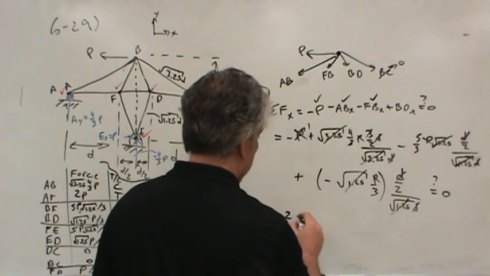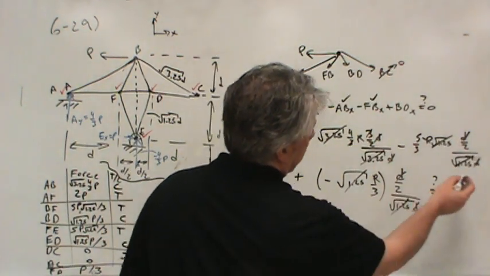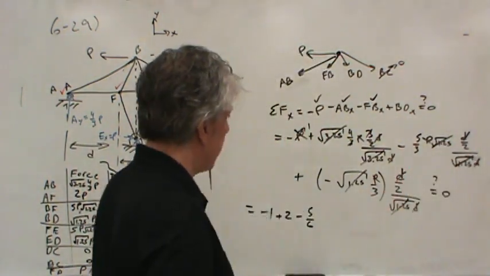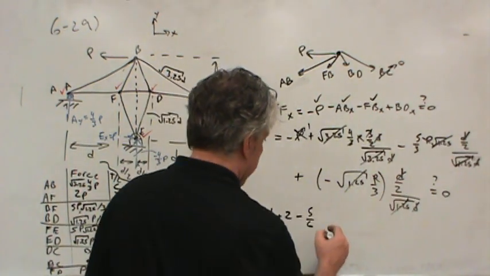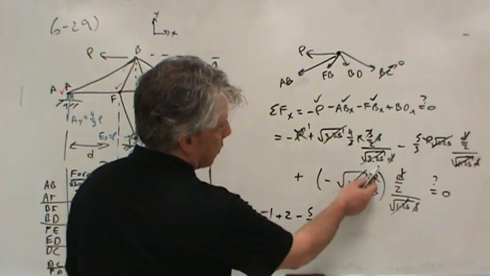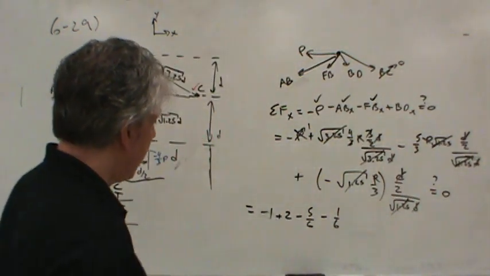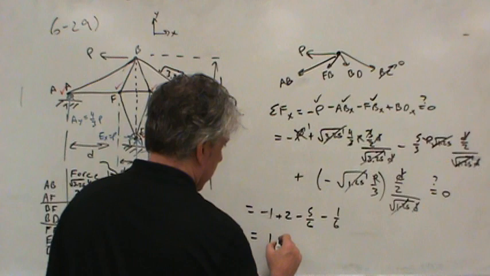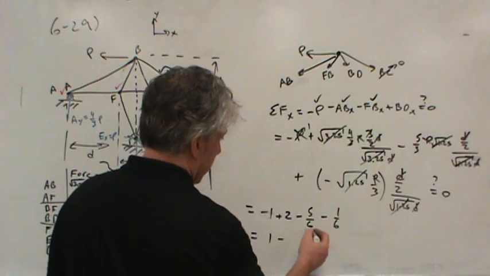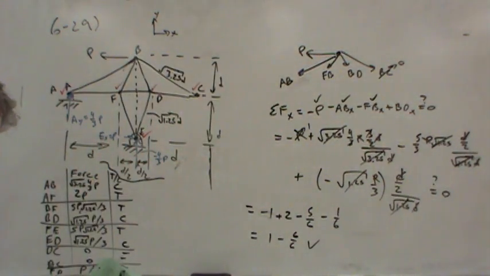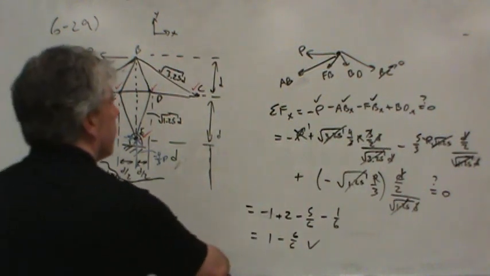It's like a big battle where there's a lot of carnage. But anyway, everything's gone except for 5 over 6, because 2 3's are 6. And then for the last term, we've got minus 1/6, because 2 times 3 is 6. So let's see if this works. 1 minus, well, 5/6, that would be minus 6/6. So, yeah, that works. 1 minus 1 is 0. So everything works. So what we've done is we've verified that all of these loads are correct, but that's not